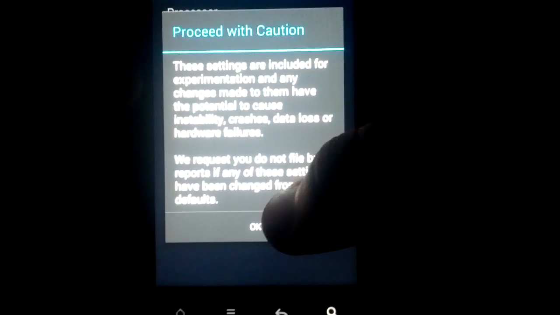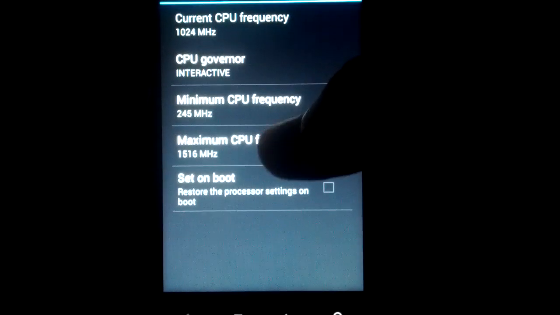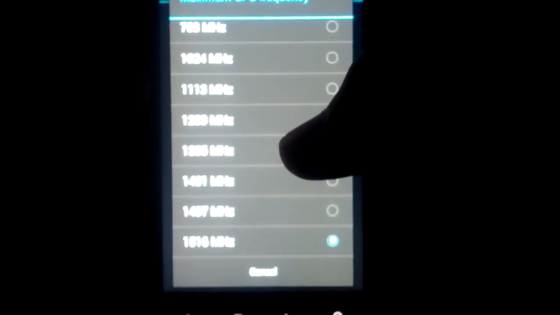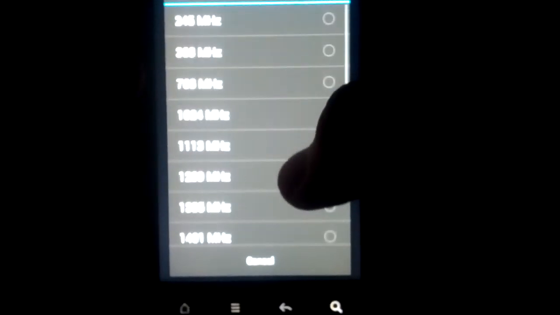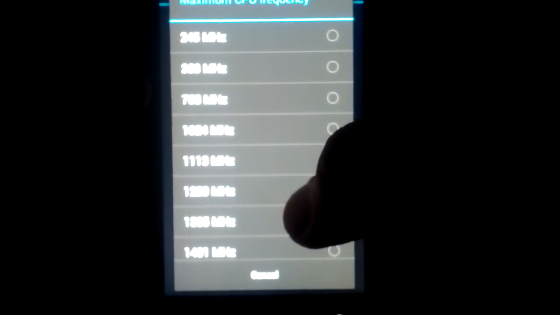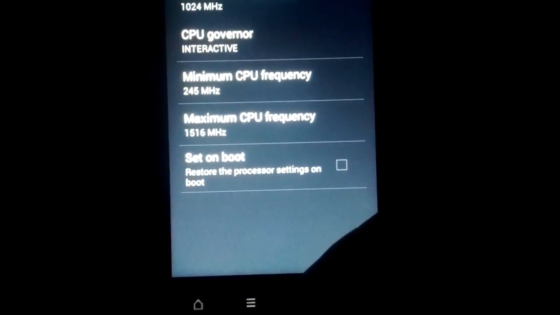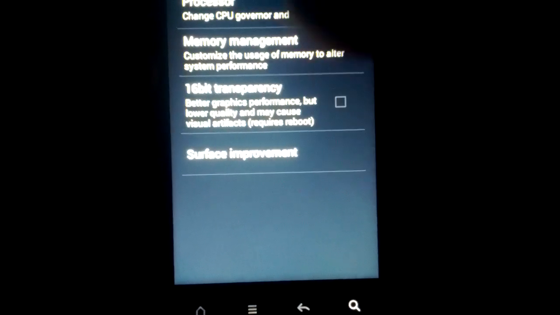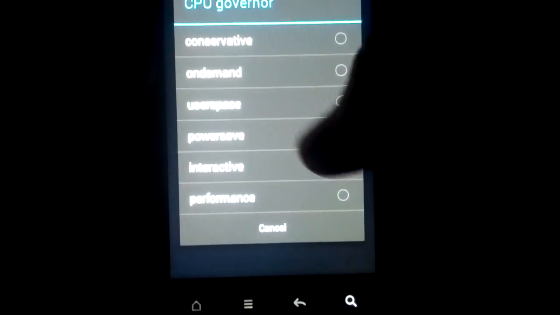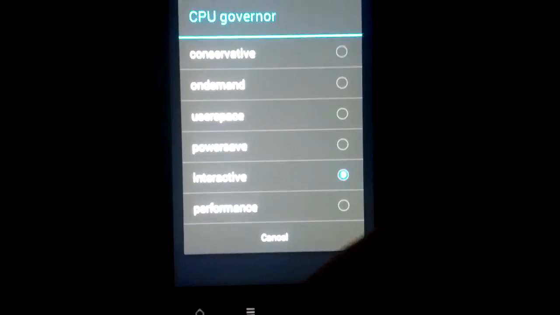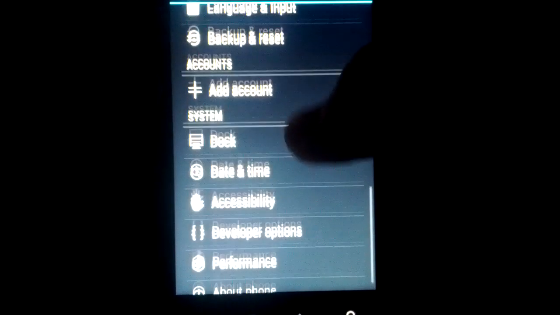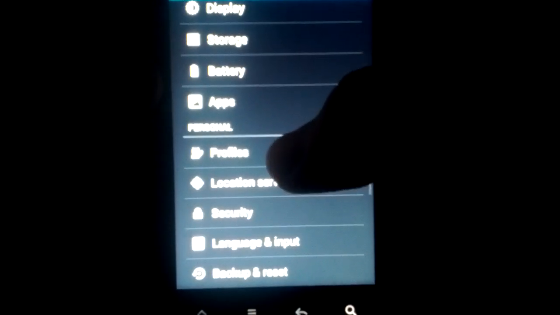Let's go into performance. You can overclock this to 1500, or 1516 megahertz. Sorry, it's summer, I'm out of school, don't judge me. And then you can also change the governor. I usually leave it on the one that comes with the ROM because they have it on there for a reason. You get profiles,